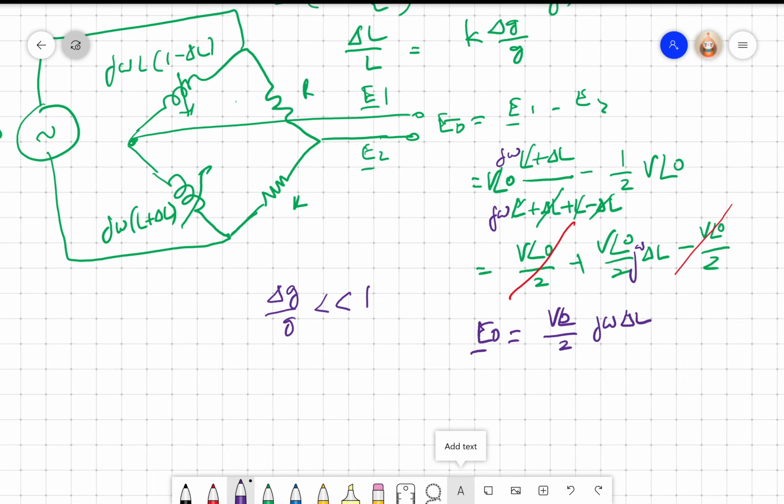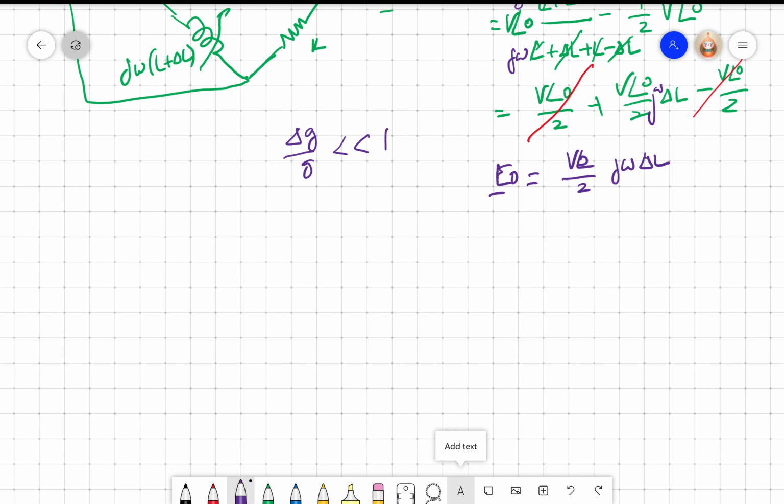We cannot keep 1 centimeter air gap. That would be absolutely useless in terms of inductance. So I can only keep, let's say, 1 or 2 millimeters at the maximum as air gap, and delta G has to be much less than 1 or 2 millimeters. So the usable range of variable reluctance type transducer is quite small, right? A fraction of a millimeter is what we can actually use.